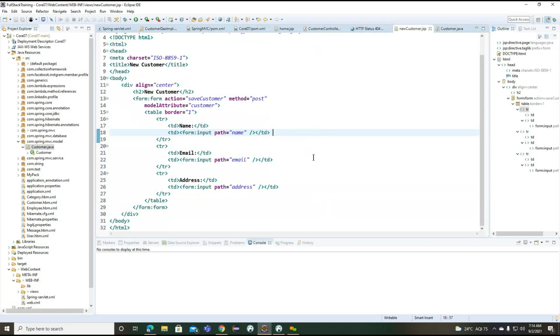Save this. Now you can see, here we are adding the input parameters.